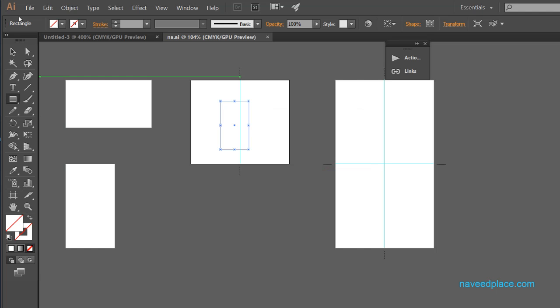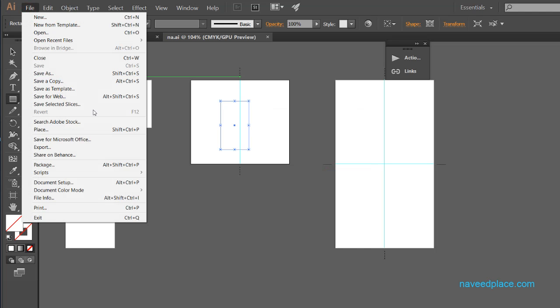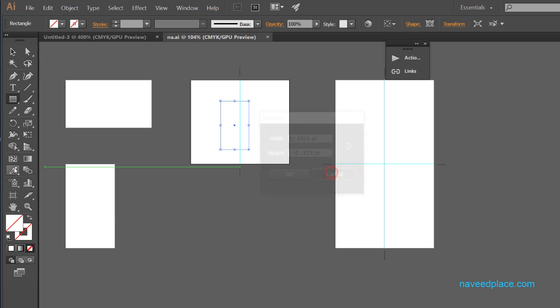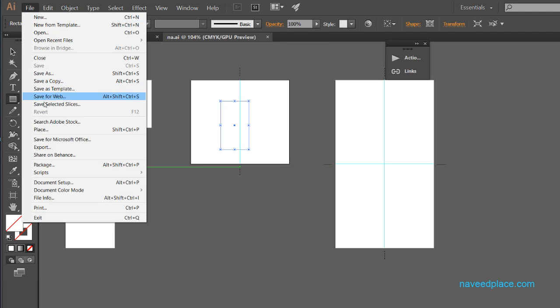Okay, so we have learned what the Slice tool basically does. If you want to learn more about the Slice tool or this option, you should watch my video on the Slice tool. Getting me? Revert means that it will go back. Let's suppose you have done something and you want to go back, so definitely you can go back. One step, or 10 or 15 steps, you can go back.